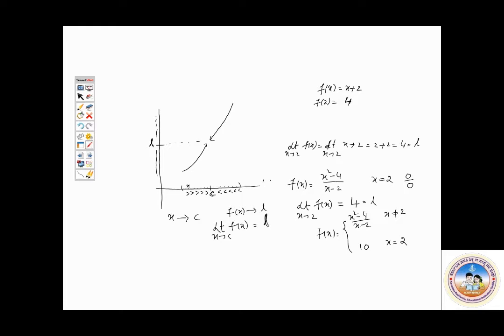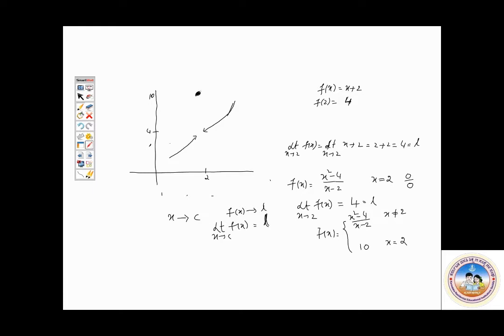So the limit exists. Just I will remove this graph. Limit of the function exists. Limit is existing and it is what? Nearer to 4. Means the limit of the function, if I consider at x equals 2, the function takes all the values nearer to 4. And f of 2 is 10, which I have defined. It is 10, this is 4. The functional value is 10, that I have defined.